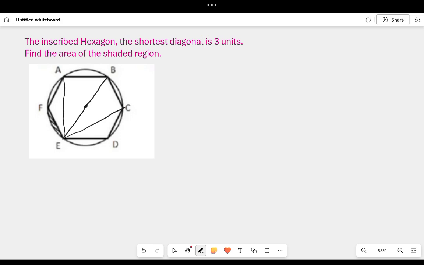From what we can see clearly, we have three diagonals. EA and EC, they are the shorter ones. So we can conclude and say EA is 3 units. EC is 3 units as well. Now,